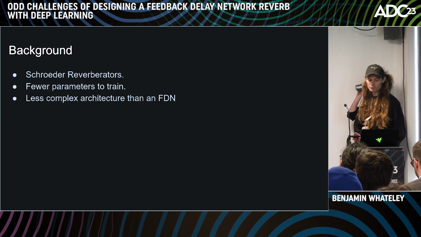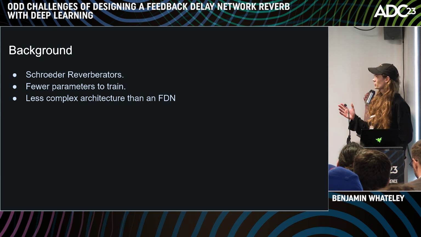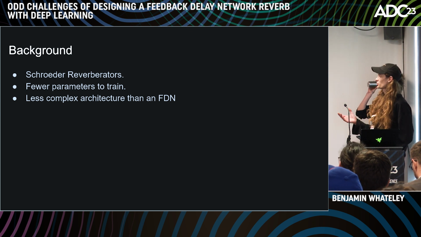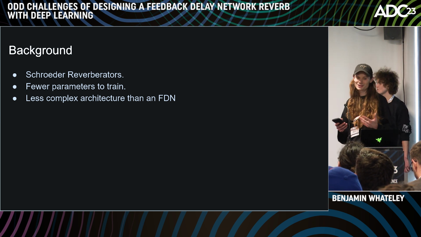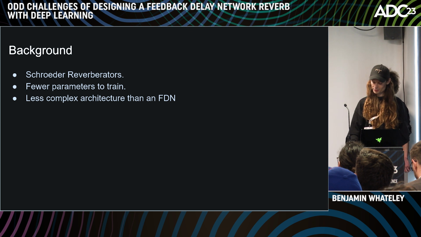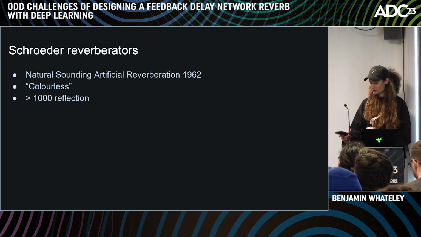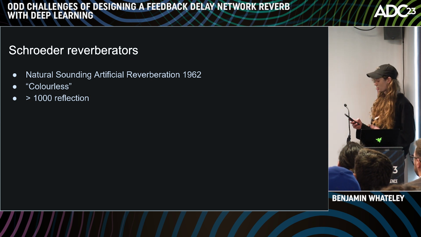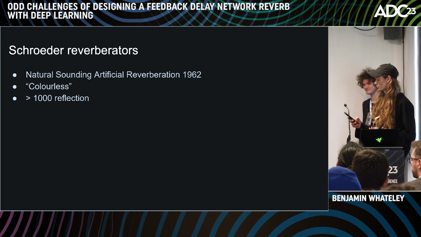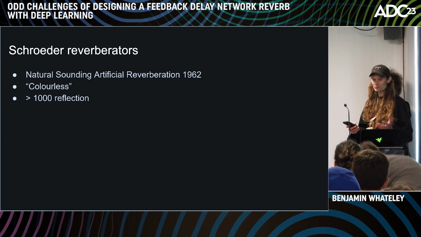So just a bit of background, there are other types of reverbs. I'm sure you've probably all heard of Schroeder reverberators. We started using this system to begin with because there are fewer parameters to train and the architecture is a lot less complicated, so it was easier to implement. Yeah, so Schroeder described it in his 62 paper as a natural sounding artificial reverberation, and describes a colorless artificial reverb achieved using all-pass filters. He also states that you need 1,000 or more reflections,